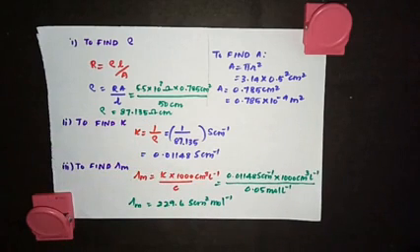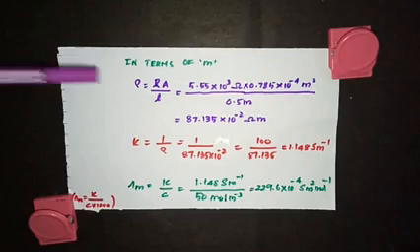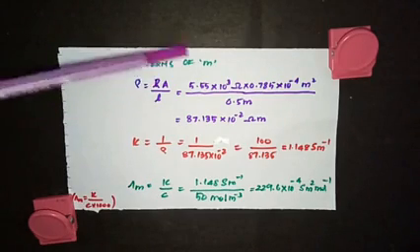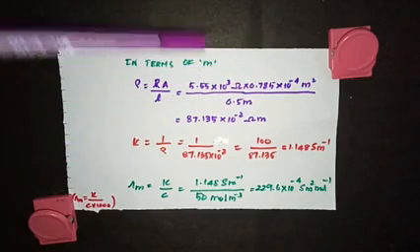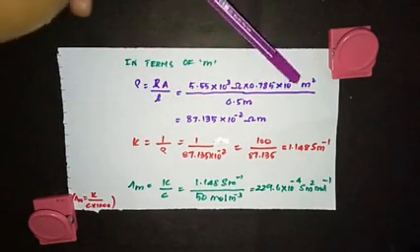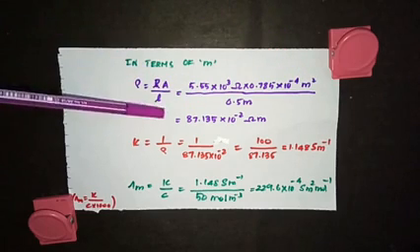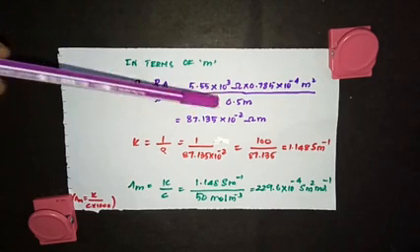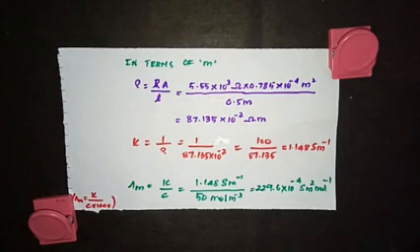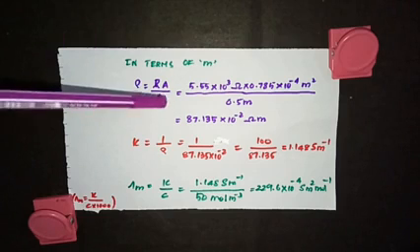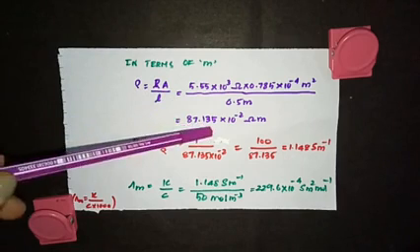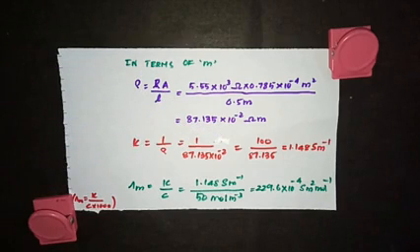Now in terms of meter, rho is equal to R A by L. Substitute the R value and the area value, taking the area in meter, into 10 to the power minus 4 meter square, divided by the length, which was given as 50 centimeter, converted into meter, 0.5 meter. So you should have everything in meter. Convert all the centimeters into meters. Now you get the answer 87.135 into 10 to the power minus 2 ohm meter. Or you can write this as ohm centimeter, and at that time you will not write this 10 power minus. We have just seen that.